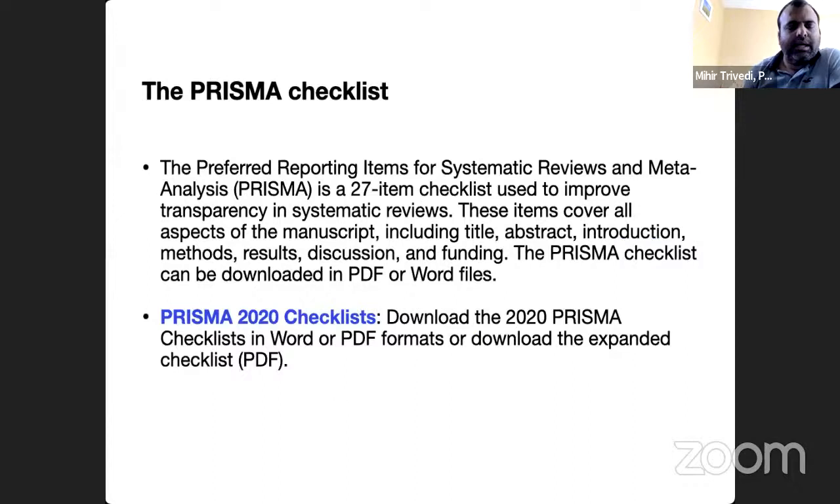PRISMA checklist. The Preferred Reporting Items for Systematic reviews and Meta-Analyses, which is PRISMA, is a 27-item checklist used to improve transparency in systematic reviews. These items cover all aspects of the manuscript, including title, abstract, introduction, methods, results, discussion, and funding. The PRISMA checklist can be downloaded in PDF or Word files. PRISMA 2020 checklist,